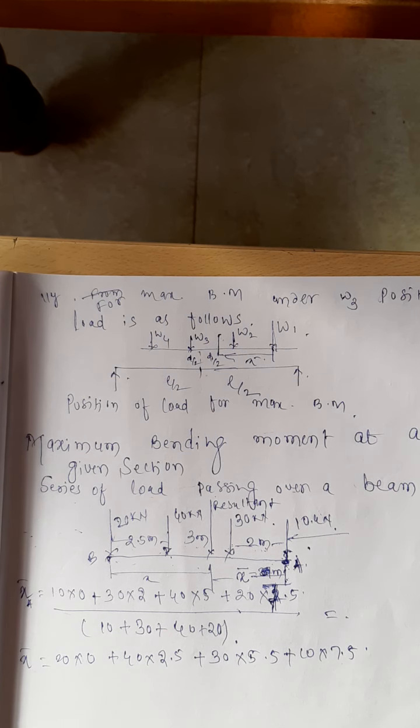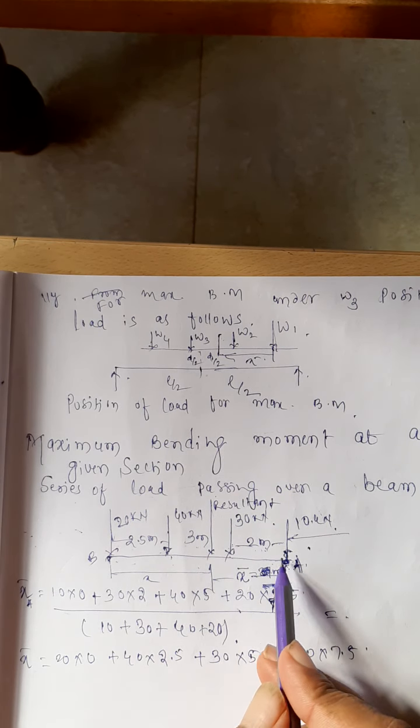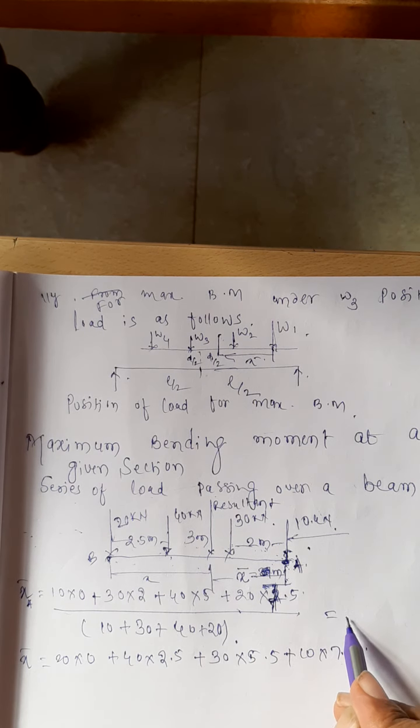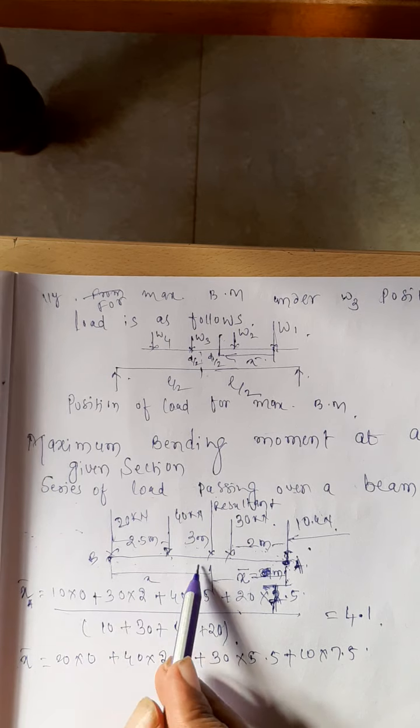30 into 2 plus 40 into 5 plus 20 into 7.5, divided by 100, is equal to... From here, if I want the center of the load, the position of the resultant load, it is located at a distance of 4.1 meter. From here if I want it,